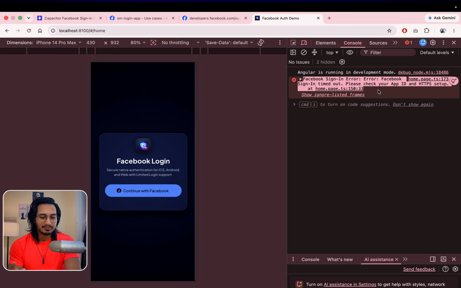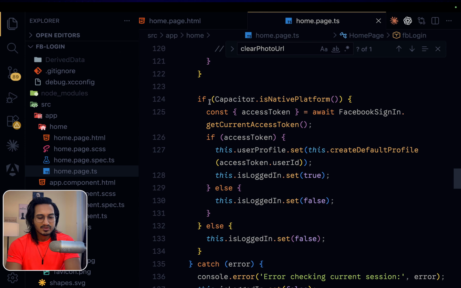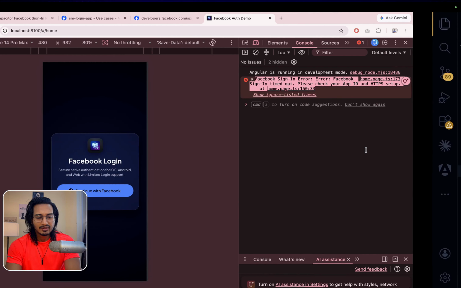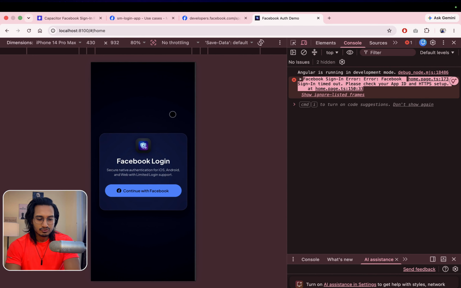Okay, I'll be getting some error because I've patched it, because I have made some patch fixes in our application. Don't need to show that. You will see it in the source code later on, which is mainly this is native platform. I'm just checking it up. If it is native, then only I'm going to go ahead. Otherwise, I'm not going to go ahead, because since we are working in localhost, it's not going to work